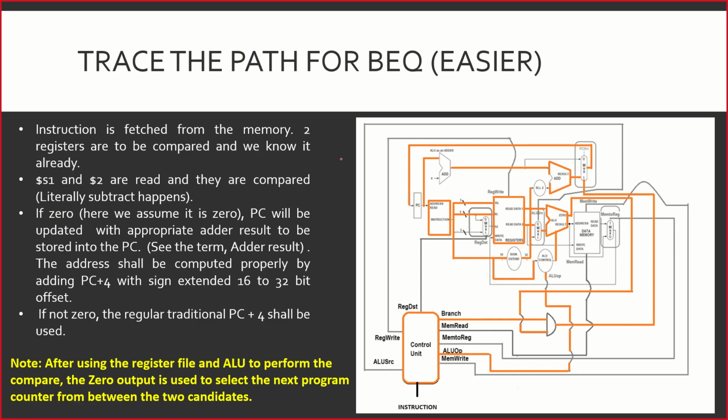Now, I leave this to you. For BEQ, what is BEQ? I will take and compare the register content of these two registers. I'll feed it into the ALU, I'll get the result. It has to be 0 for me to proceed if it is BEQ. Similarly, I take the branch highlighted here. You can see that this branch instruction, so I have highlighted it here. ALUOp is highlighted. I take the result, and the path that I need to take here for PC is this one, the second one, shift left by 2 path, and it gets updated.